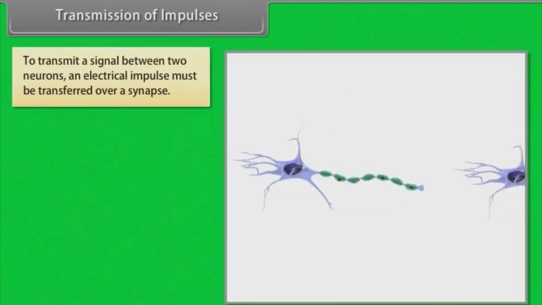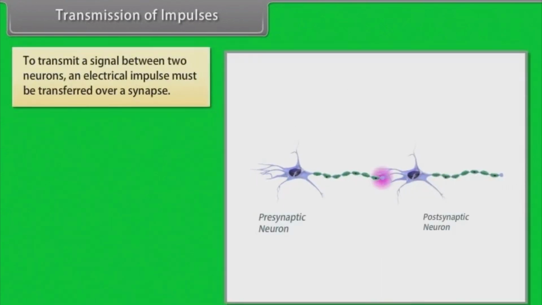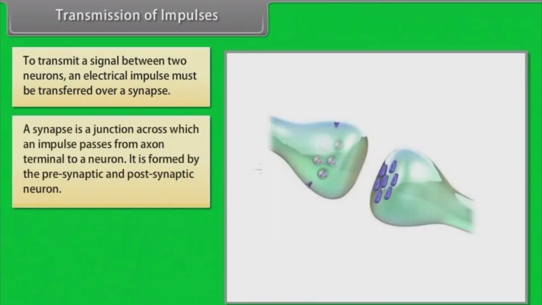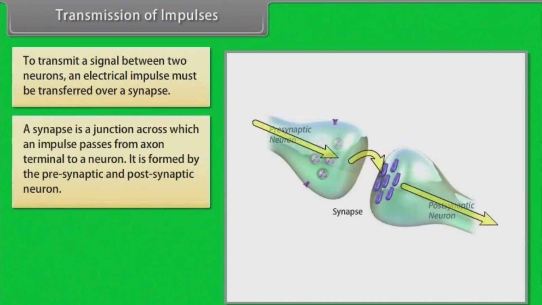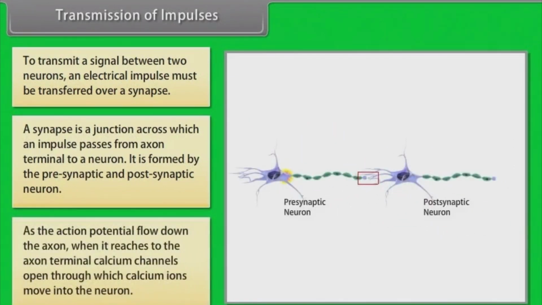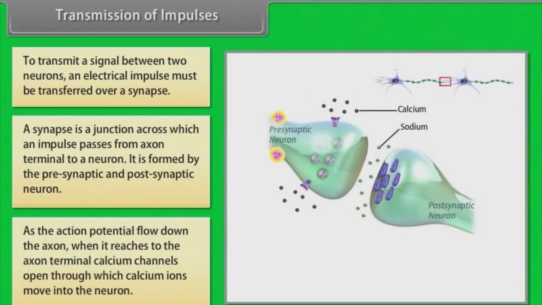Transmission of impulses. To transmit a signal between two neurons, an electrical impulse must be transferred over a synapse. A synapse is a junction across which an impulse passes from an axon terminal to a neuron. It is formed by the presynaptic and postsynaptic neuron. As the action potential flows down the axon, when it reaches the axon terminal, calcium channels open, through which